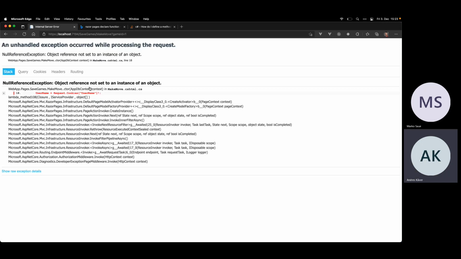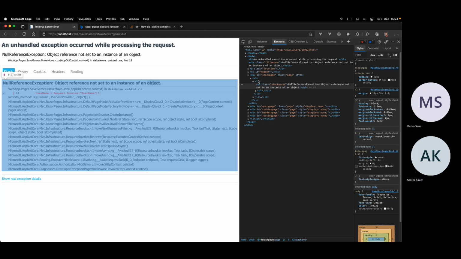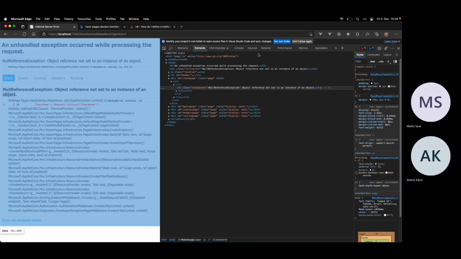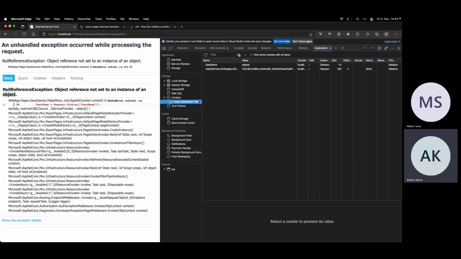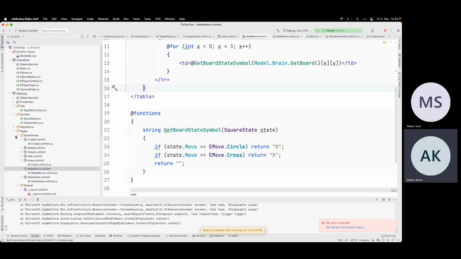First move. Pew! What? Username equals request cookies username. How is this possible? Show me the money. Where's my application? There is username. So how can this fail?